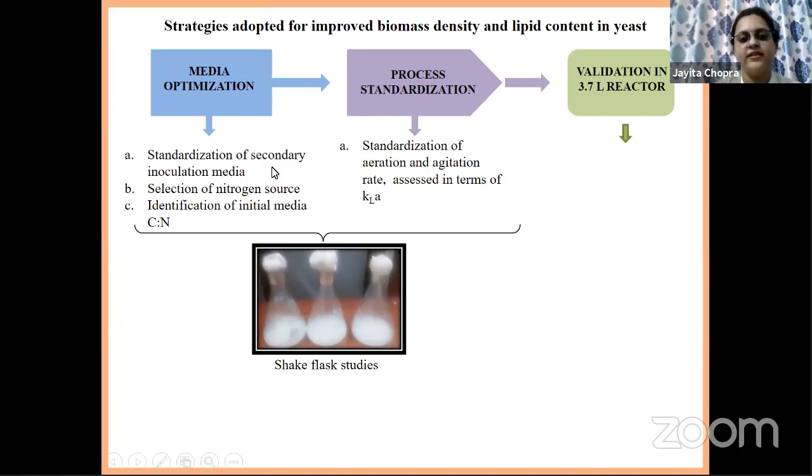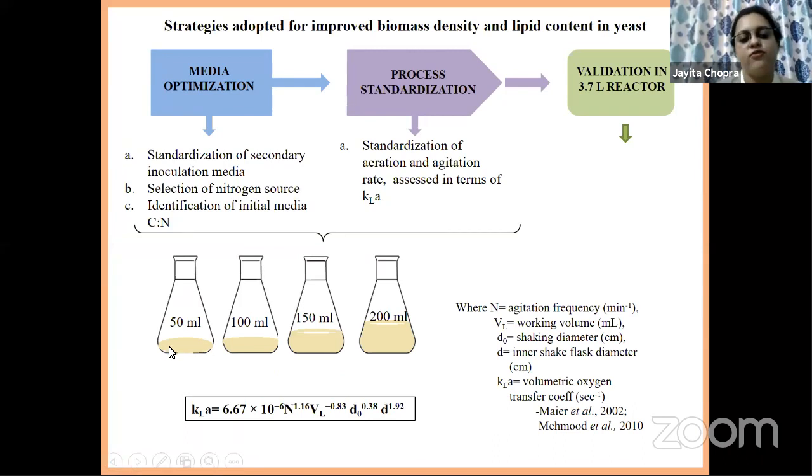First is the standardization of the inoculation media, then the nitrogen source and C/N, as I have mentioned. And the KLA, which is usually done in a reactor, but I have done a systematic set of studies in shake flask to reduce the number of runs in reactor. For this, I have varied the media volume from 50 ml to 200 ml in a 500 ml flask, so that the headspace inside the shake flask is different for all these flasks. And the KLA was calculated using an empirical equation following the method by Mayer et al.,